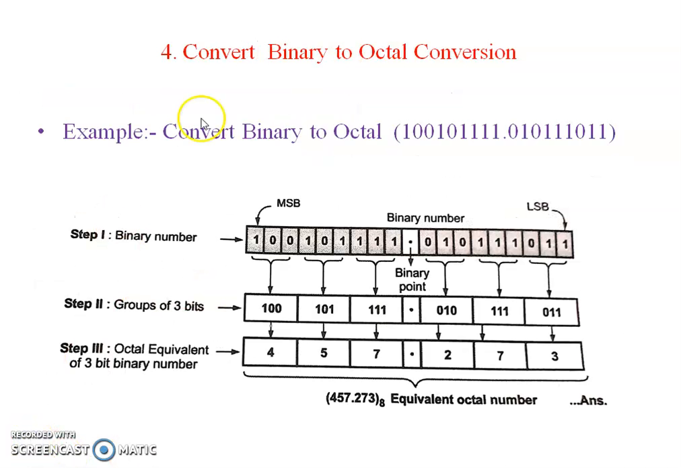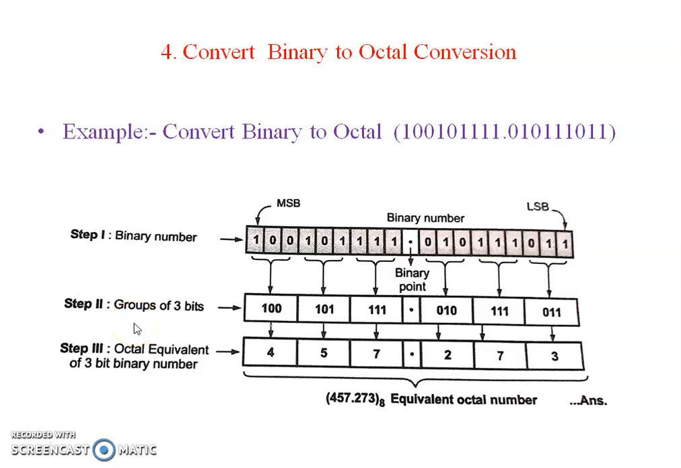Now we discuss binary to octal conversion. For binary to octal conversion, this is our example. In that, this is our binary number. So the first step is to write the given binary number. Here we write our given binary number. Now the second step is